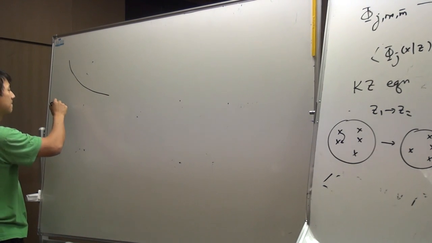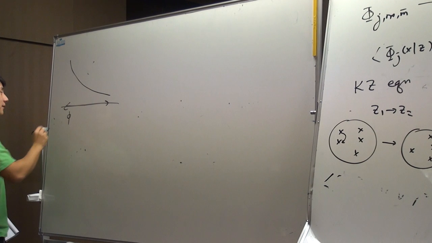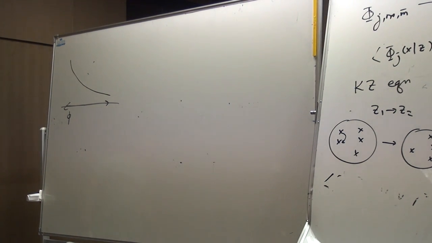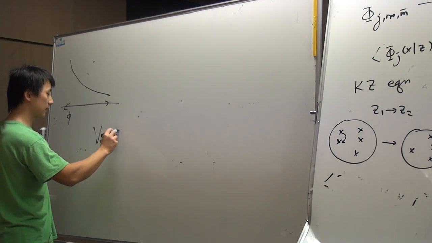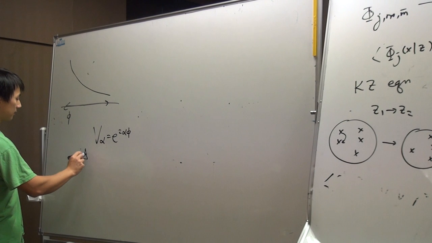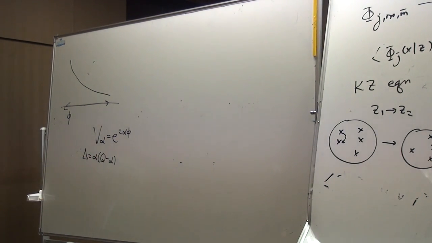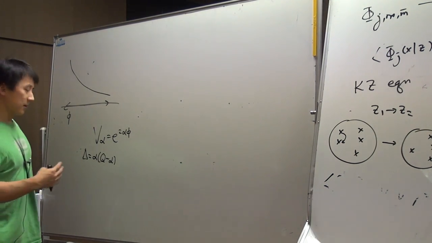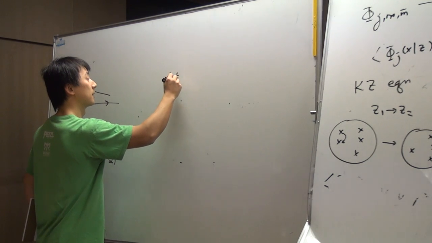Liouville theory, let's say, actually this is the Liouville direction. There's a potential e to the 2b phi. So in Liouville theory, if you look at the vertex operator V, e to the 2 alpha phi, usually people discuss two types of vertex operators. If you take the conformal weight, alpha times Q minus alpha, just like in SL2, for Liouville theory, if you want the conformal dimension to be real, you need either alpha to be Q over 2 plus an imaginary number,